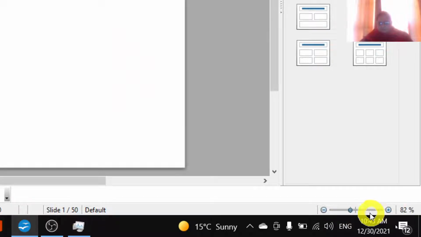You can see over here that this is a zoom slider. So using this zoom slider also you can adjust the magnification level. Here it shows the magnification percentage that is currently set to 82%. You can see a plus sign, a minus sign and a bar at the center. So the bar means 100%, that is if the circle is set at this bar position, it will mean it is actually set at 100%, and if you move towards the plus sign it would increase the magnification, and if you move towards the minus sign it will decrease the magnification.